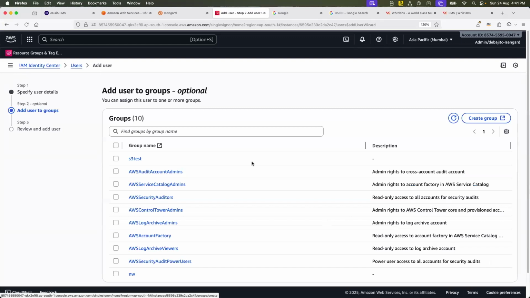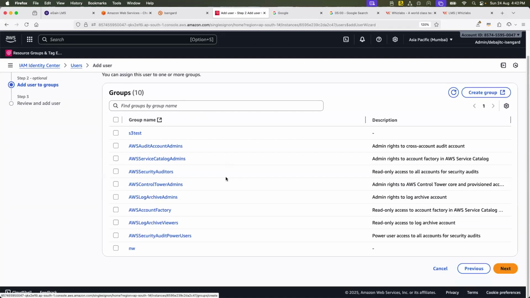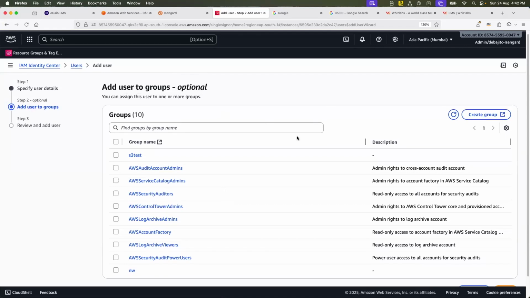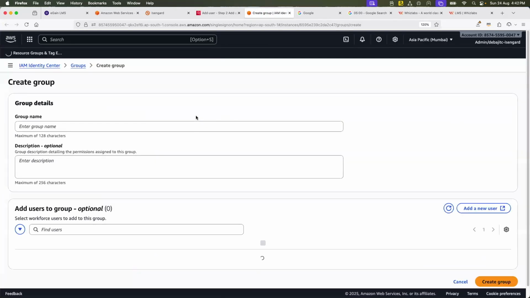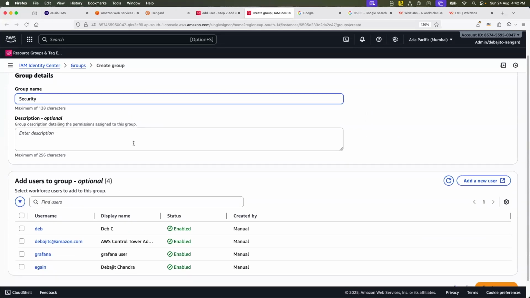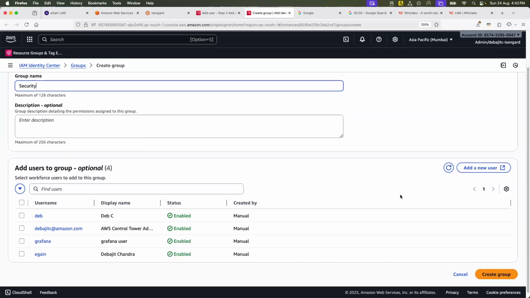And go next. So I've just created a user called SAML, and now just like IAM, you can create a group, and SAML can be part of that group as well, right? It is also optional, but it is a good practice that you can put the user in some of the groups so that the permission assignments would be easier. I'll show you. Let me create a group and give a name like DevOps, or maybe security. So someone is a security engineer. Okay. And I can now create the group.